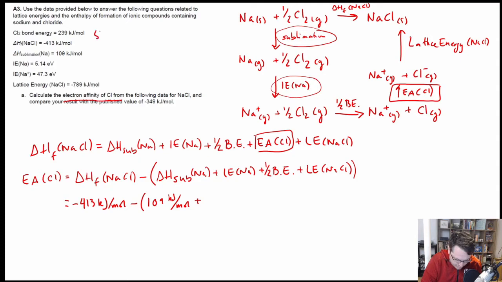So 5.14 electron volts times, and if I look up what that value is from the week 1 packet,